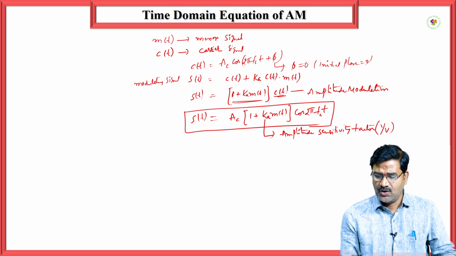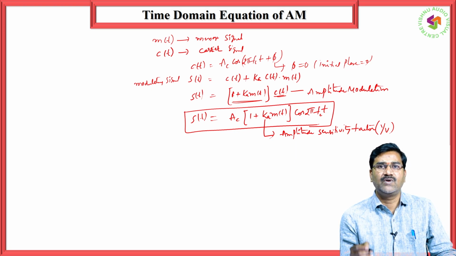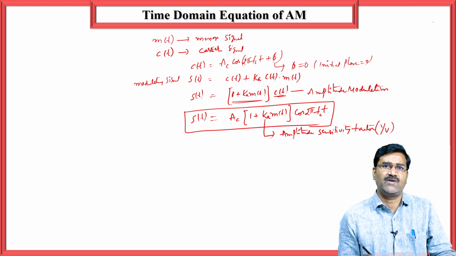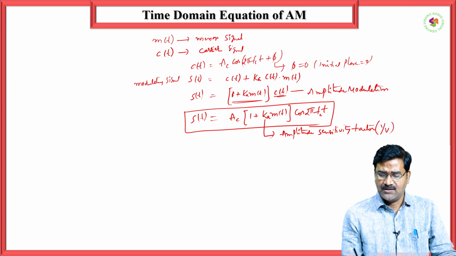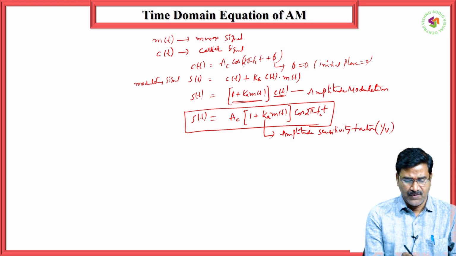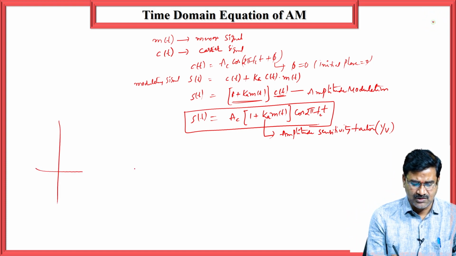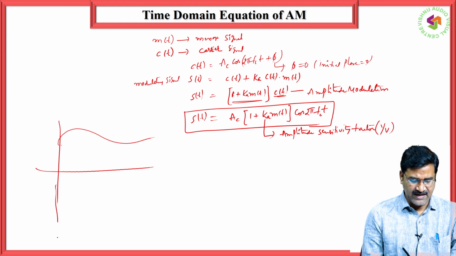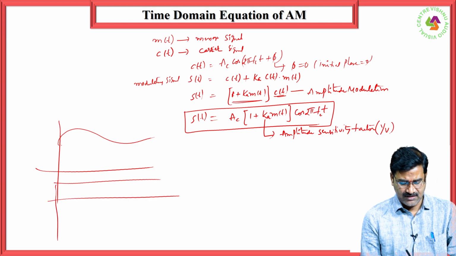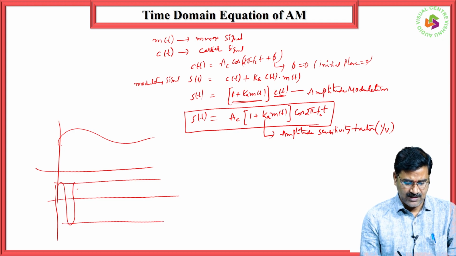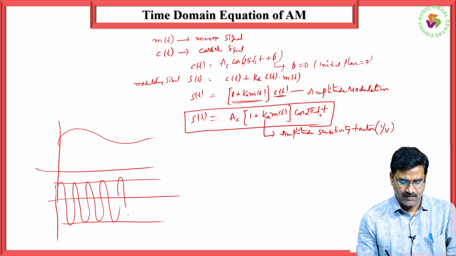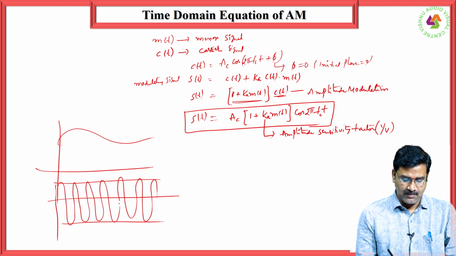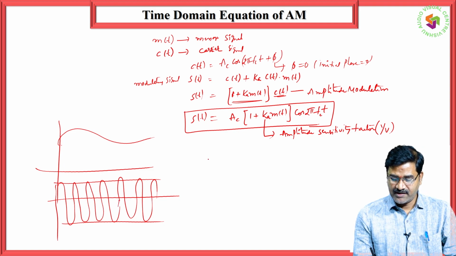Now, always to get the envelope of the signal, this is the envelope, Ac into 1 plus Ka m of t is the envelope. Envelope means an outer shape of the signal. So, if you look at this one, let us say this is your message signal. This is the message signal. So, your carrier signal is somewhat like this. This is the carrier signal. Okay, high frequency carrier. Then the modulated signal will be